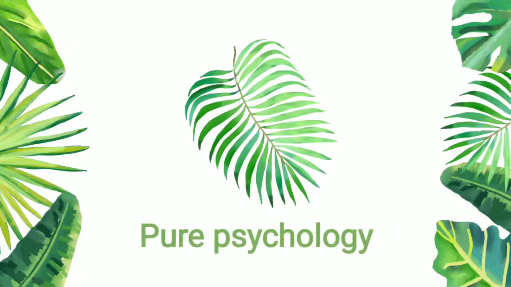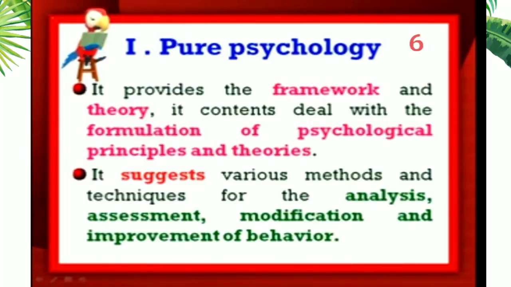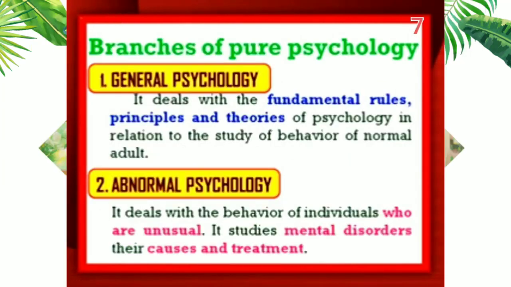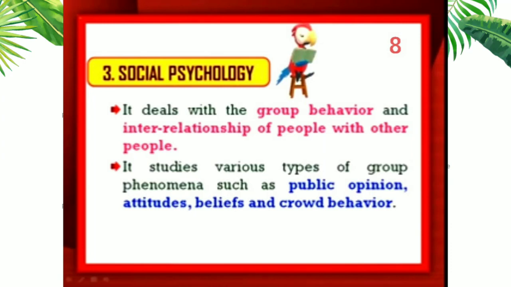First we are going to see about pure psychology. Pure psychology provides a framework and theory. It deals with the formulation of psychological principles and theories. It suggests various methods and techniques for the analysis, assessment, modification, and improvement of behavior. The branches of pure psychology are general psychology, abnormal psychology, social psychology,